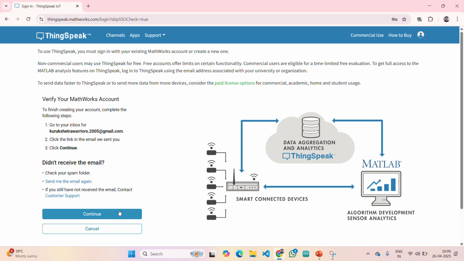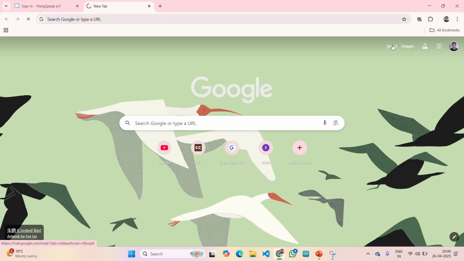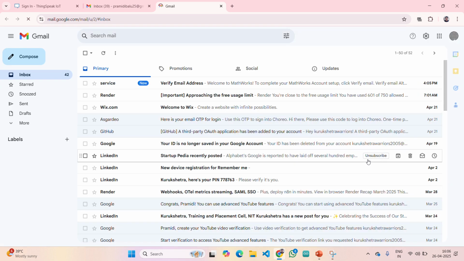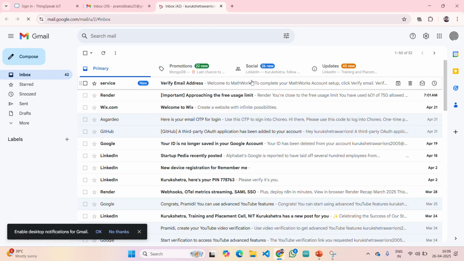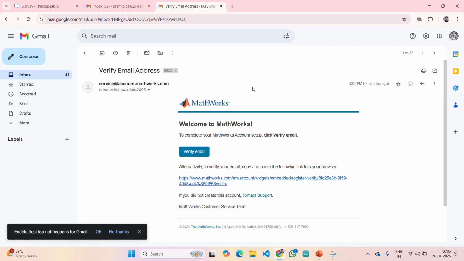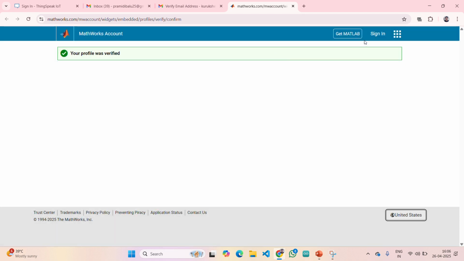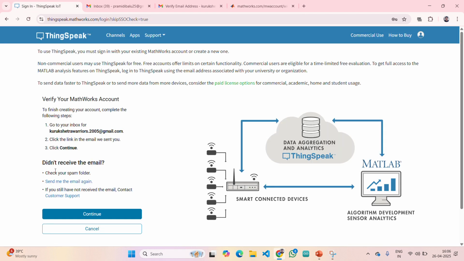Once it is done, you will get a mail to accept it. Here you can see verify mail address. Your profile has been verified. Now coming back here, from here itself you need to press continue.